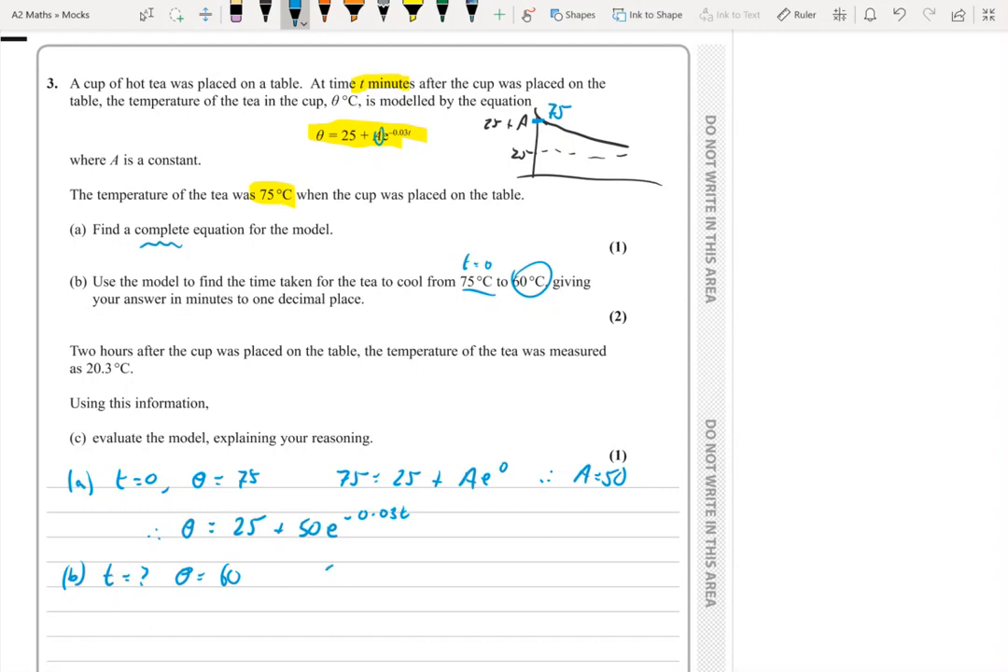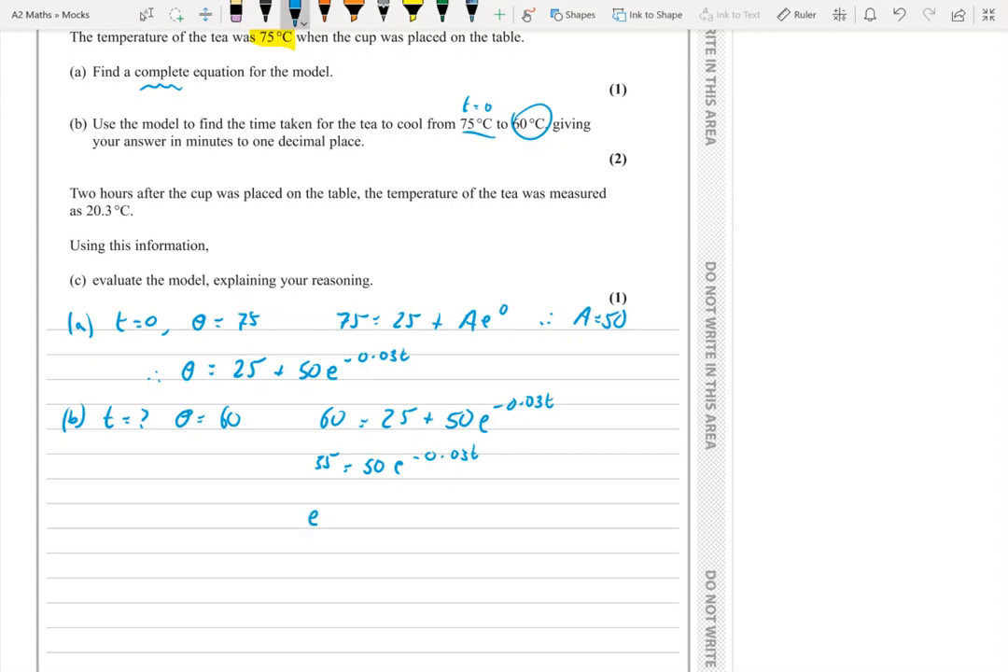Let's just substitute again. So 60 equals, we have our model here, 25 plus 50 e to the minus 0.03 t. 60 minus 25 is 35, and if we divide 35 by 50 we get 7/10. So e to the minus 0.03 t equals 7/10. Then we need to ln both sides, because ln is the inverse function of e. So on the left we get negative 0.03 t equals ln 7 over 10,